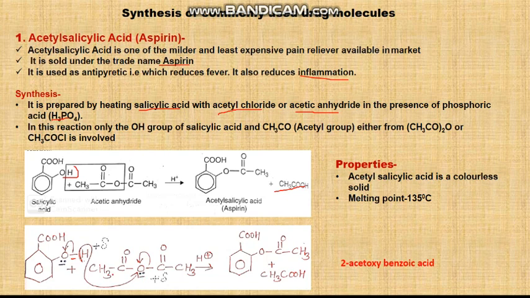So now this acetate ion, this whole, this is known as a acetate ion, this will combine with the proton or H plus ion and they will form acetic acid. Now this carries a negative charge, this oxygen carries a negative charge, so this will combine with this positive charge center of this carbon atom, and it will give rise to acetyl salicylic acid.